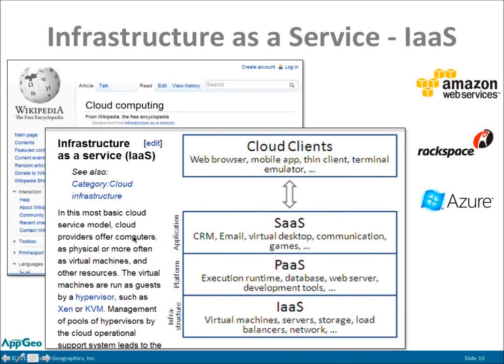So in infrastructure as a service, the cloud provides computers that are available for your use as a service. So it's essentially the ability to create a virtual machine on someone else's server farm. And once you create a virtual machine, you control it. You can reboot it. You can install software on it. You can process data on it. You can host websites on it. But it's essentially a platform for you to make your own machines and manage your own machines,